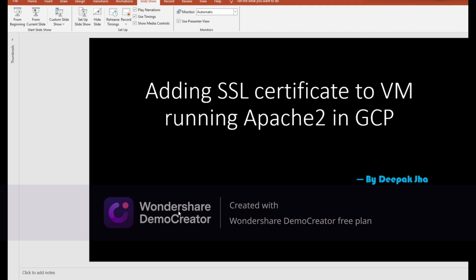Myself Deepak, and today we'll discuss adding an SSL certificate to virtual machines running Apache 2, specifically in GCP. But you can follow the same steps and have the SSL certificate ready for any environment, like on-premises as well as other cloud environments. Here we'll take the example of a Debian server,